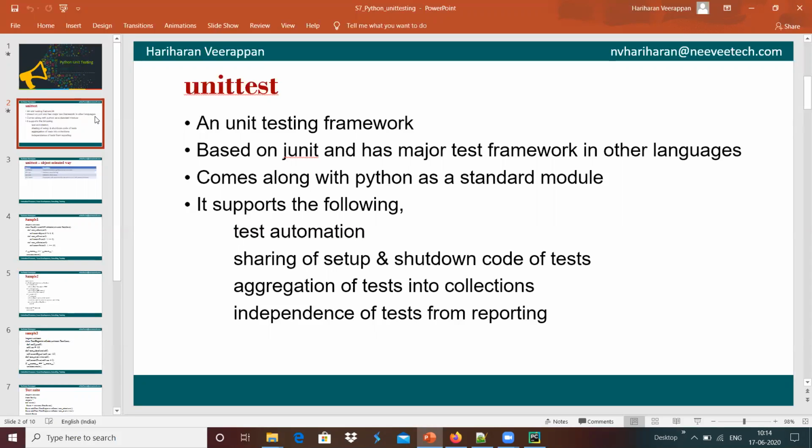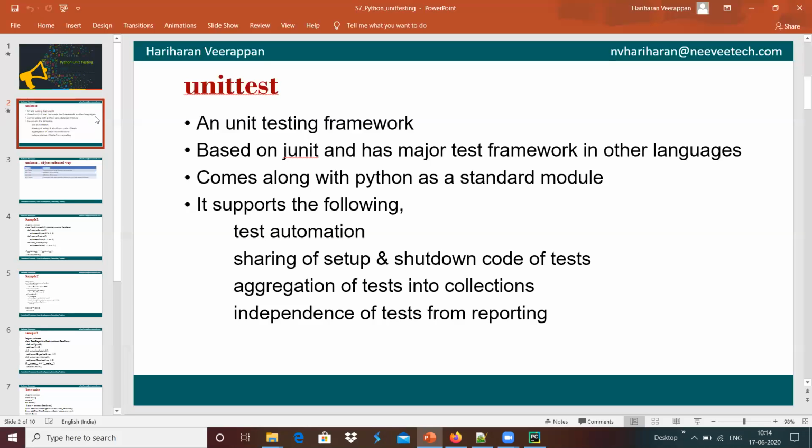Basically, it supports the following operations, something like test automation, so we can do the testing in an automated manner, and we can do sharing of setup and shutdown code for test cases. For example, if we wanted to do a test, we will do the setup and then do all the testing.